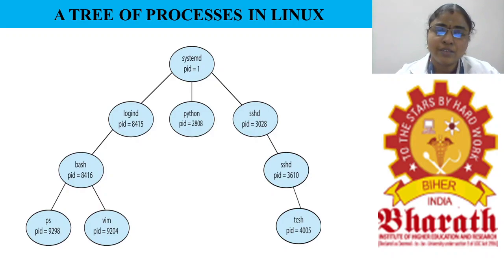This is a normal tree structure of the processes in the Linux operating system. Here systemd is the root process of every Linux operating system, and its PID is always 1. It creates a lot of processes like this. Login, which manages the user logins, has PID 8415, and we open Python; in that also a PID is created, 2808, and it creates another process named sshd, the secure shell